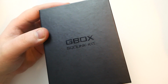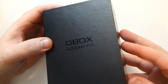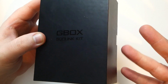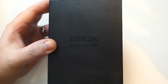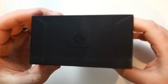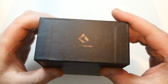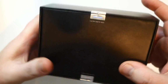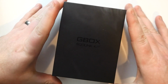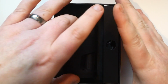So this is the package that the GBOX Squonk kit by Geekvape will come in. It says GBOX Squonk kit, black on black. This might come in a different packaging, possibly. This might not be the retail, so keep that in mind. I like how it's all nice and blacked out. Very clean packaging. Yeah, this probably will maybe come in something different. You're going to open it up, and you're going to get your